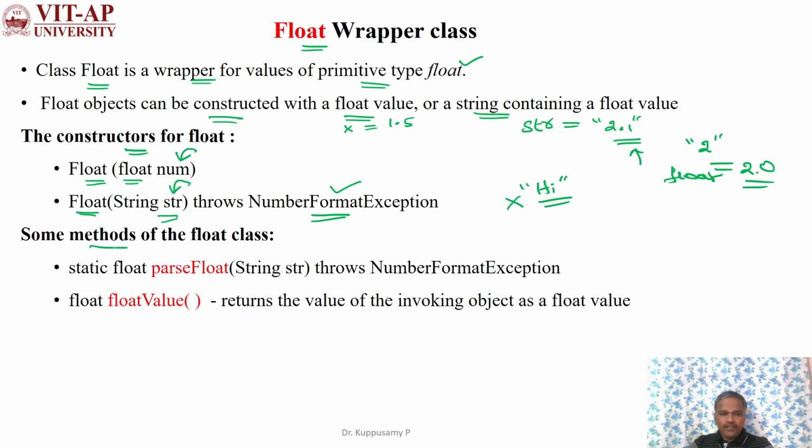And there are a few methods in the Float wrapper class. Here parseFloat receives the string and converts it into the floating value. If a number is passed as a string, it will not throw the exception. If you pass alphabets as a string, then there is the possibility of exception, that is NumberFormatException. Then we can use the floatValue method. When we pass the float value in the object,